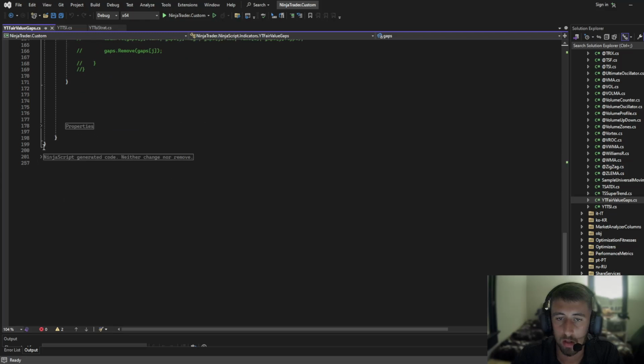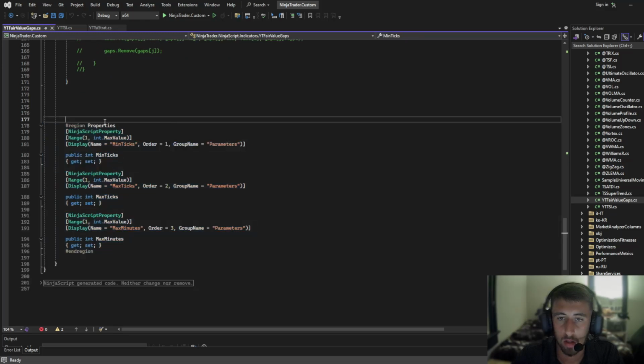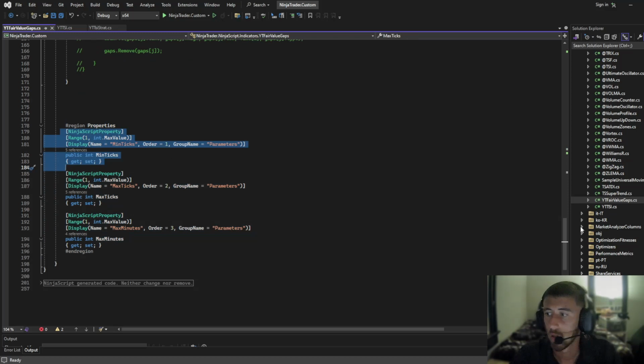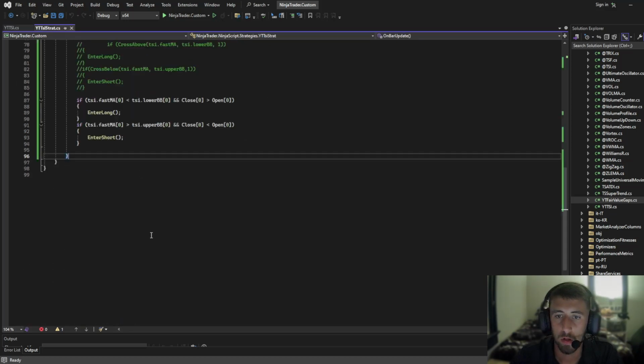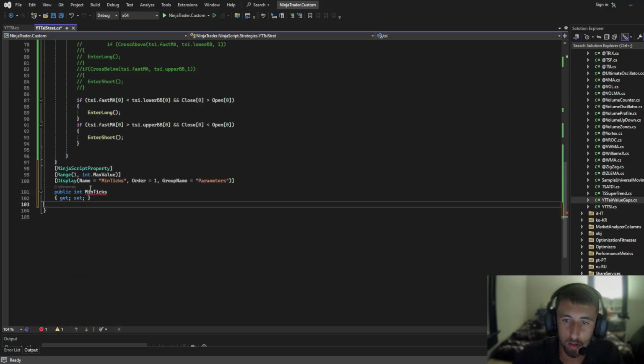I always need to copy these just because I forget, but just copy one. So what we're going to do is we're going to create an input